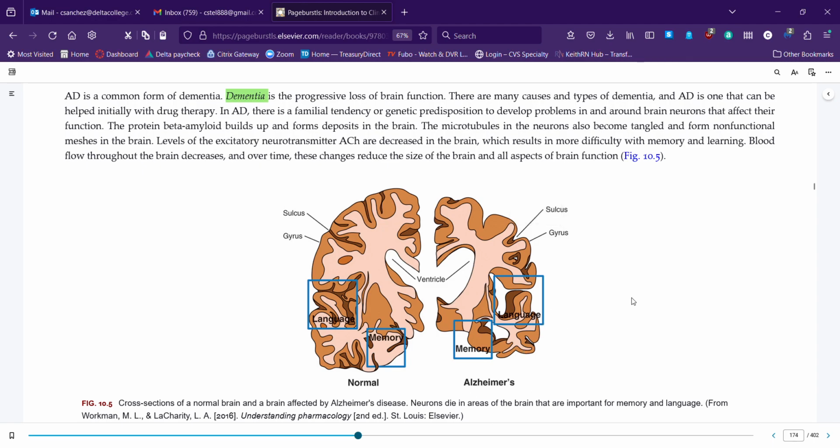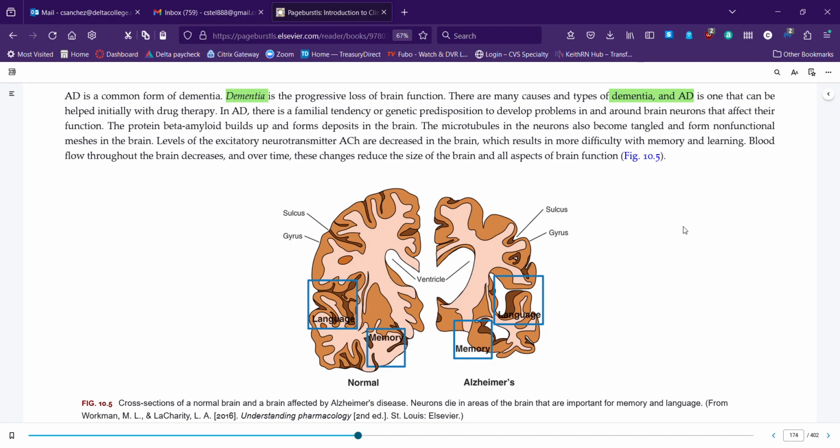So it talks about the neurons that die in those areas of the brain, and as we talked about with the other central nervous system medications, those neurons are where the receptors release the neurotransmitters, and those neurotransmitters are what make whatever function happens, depending on the neurotransmitter. So there are many types and causes of dementia, and AD is just one of them. It can be helped initially with drug therapy, and there does tend to be a genetic predisposition with the development of the problem